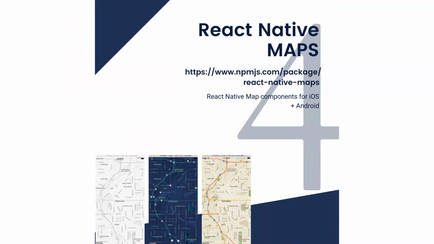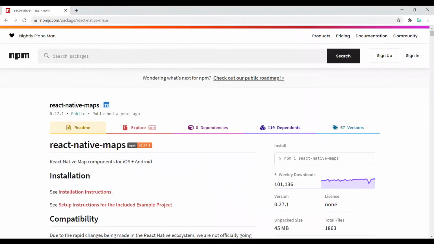Next library is React Native Maps. If you want to integrate maps in your React Native app, and it is generally the demand of many apps today, like 50 to 60% of apps today require maps. Due to new Google policies, you need to register your account on Google Cloud Platform, and you need to activate the billing. You will find their key, and that key is used in your React Native Maps.